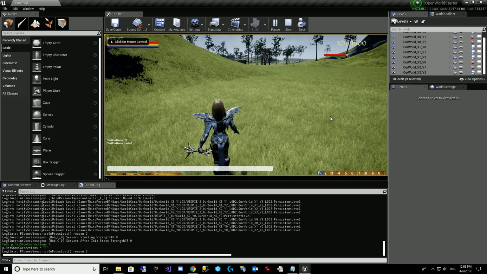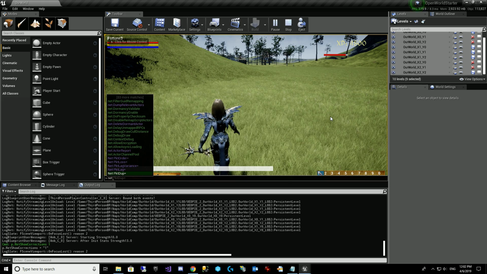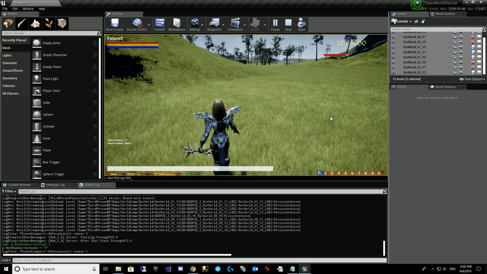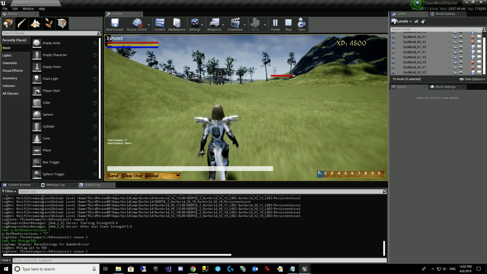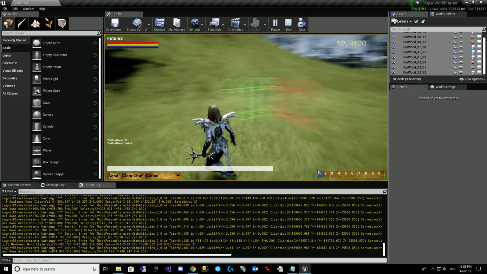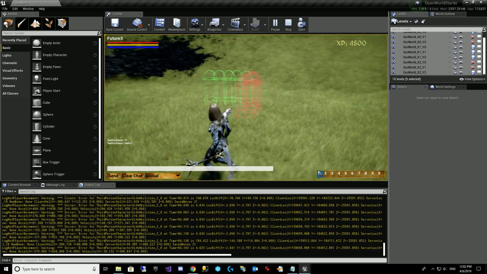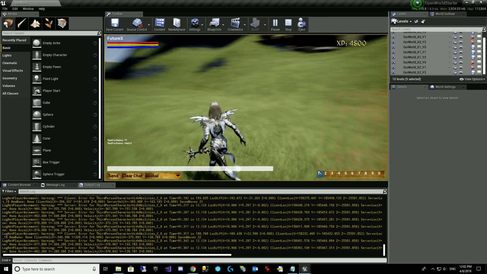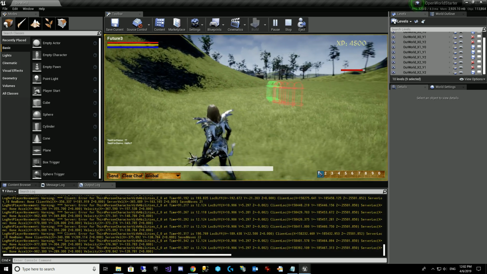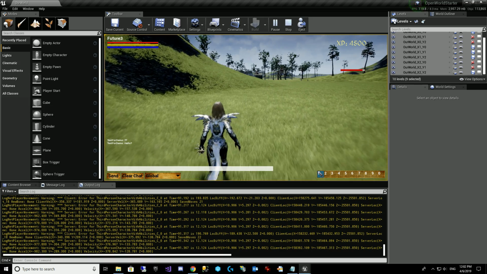But this other setting that we're going to run, which is net pktlag, which stands for packet log, equals 500. This one actually has to be set each time you hit play on Play in Editor. So we're going to simulate a half a second of packet lag. Okay? And so what's going to happen is that we're going to get these here. And so what those are showing us is that it's having to correct